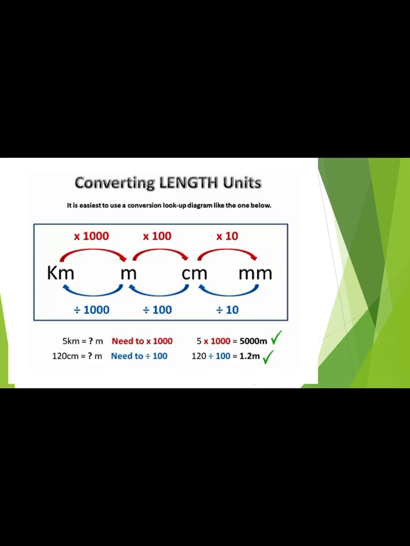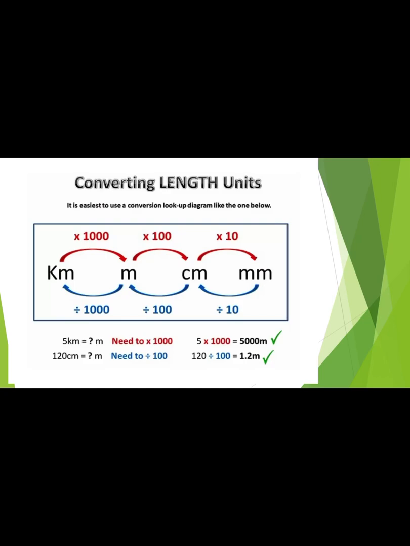1 centimeter is how many millimeter? 1 centimeter is the bigger unit than millimeter, so into 10. So 1 centimeter is equal to 10 millimeter. But when you go from the smaller unit to bigger unit, that is 1 millimeter to 1 centimeter, it will be divided by 10, 1 by 10. Centimeter to meter means 1 by 100, that is divided by 100. Meter to kilometer means 1 by 1000.